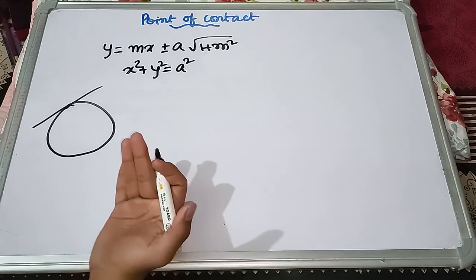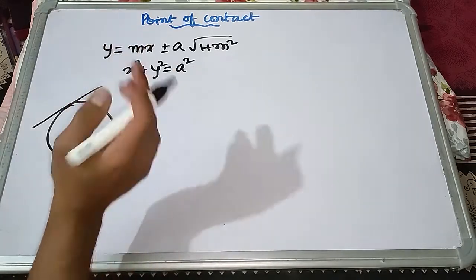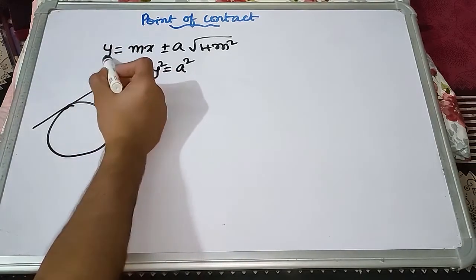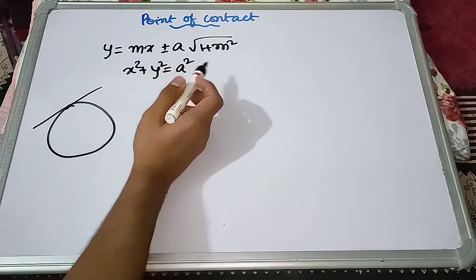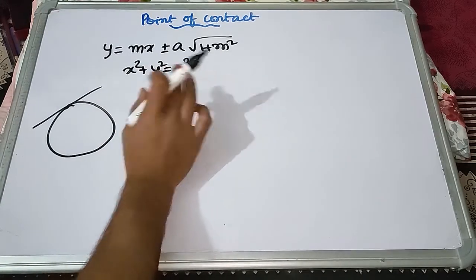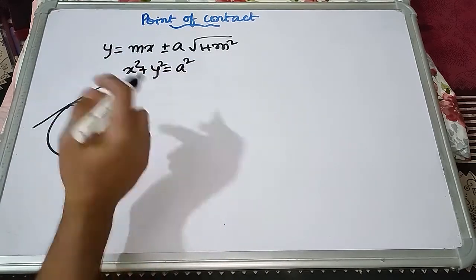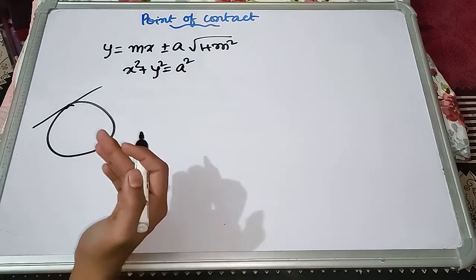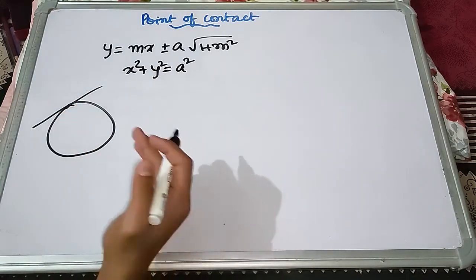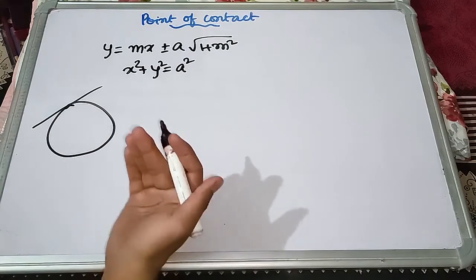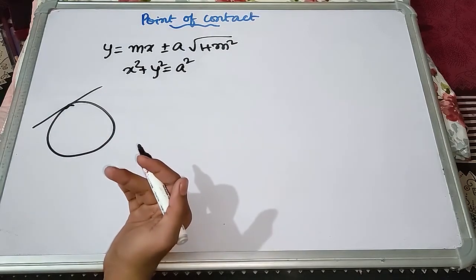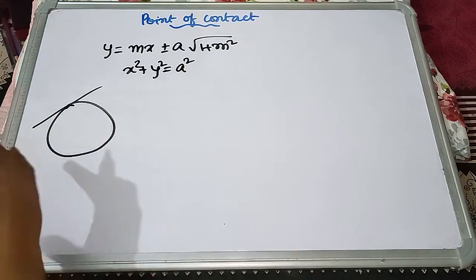See, one basic way is to solve both these equations, right? If you insert the y value over here and solve it, you will get the coordinates of this point. This is one very simple and the most fundamental way. If you forget the special formulas, then this is the way you have to rely on. But now let us see another ready-made formula.